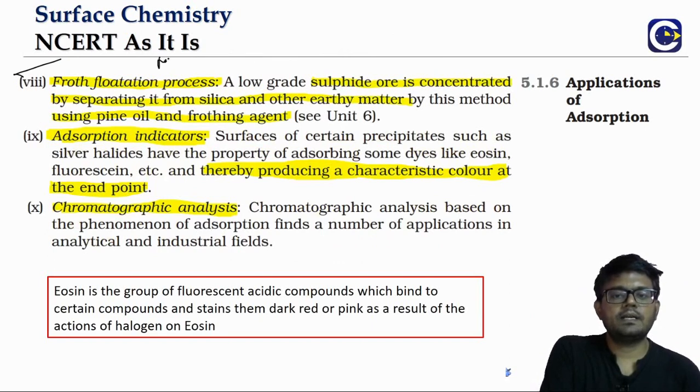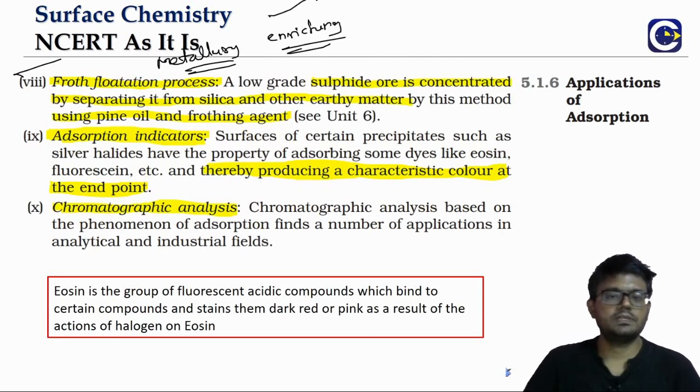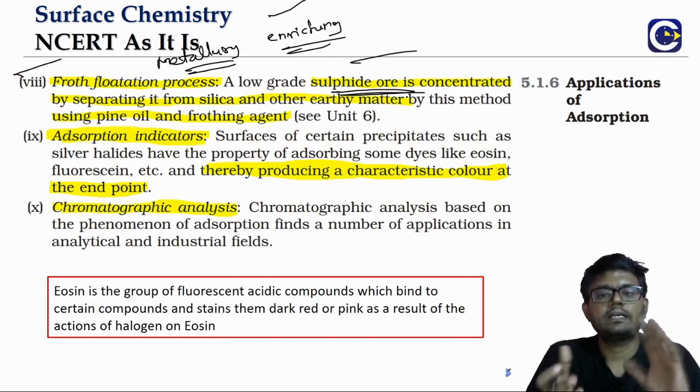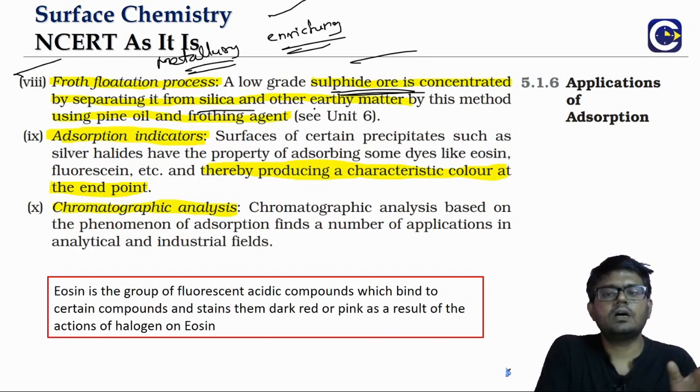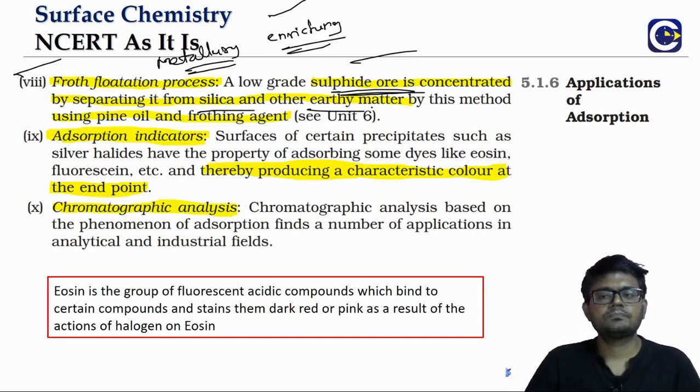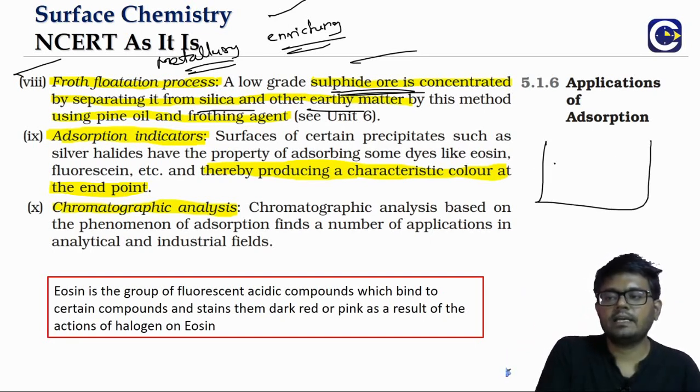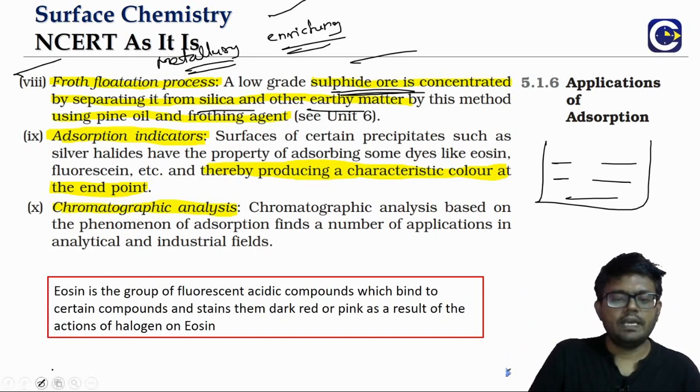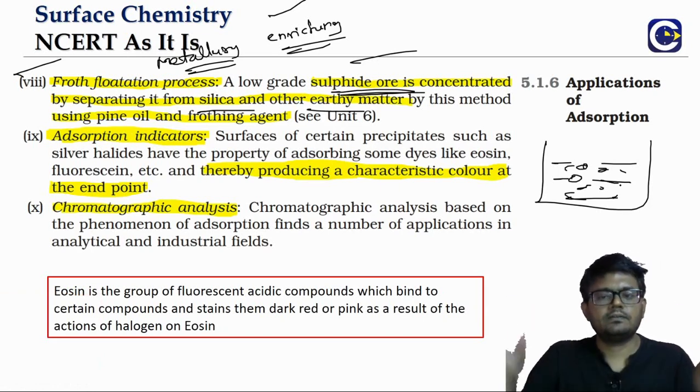So in metallurgy chapter we talk about this enriching process, ore enriching process. It's called froth flotation. This is mainly for the sulfide ores. Low grade sulfide ore means a sulfide ore which is having contaminants like silica or other gangue particles. What we will do in froth flotation is we will take the entire finely divided ore particles along with, of course, the impurities, etc. So that will be put in a container,